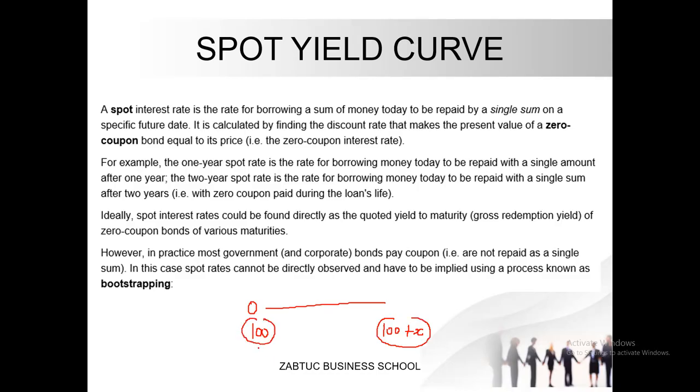So this interest rate is payable on the amount that you borrow today, and the whole amount is paid 1 year from now. The interest rate that we're charging you, we're calling it a spot interest rate. So what is the interest rate then? Answer: it is calculated by finding the discount rate that makes the present value of a zero coupon bond equal to its price. So we're saying this is a zero coupon bond because there's no interest being paid here. The whole of this amount will be paid